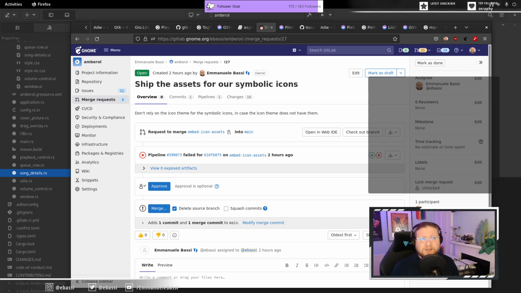In the early 2000s, like 2001, 2002, we started going, oh, we can do vector assets for our icons. That is amazing. If you were around at the time, you might remember the Gorilla theme, which was all scalable vectors, and it was super slow. It was all done on the CPU. The SVG loading was super slow. The SVG rendering was super slow. So yeah, no. Still, it was a massive change in how we deal with assets,